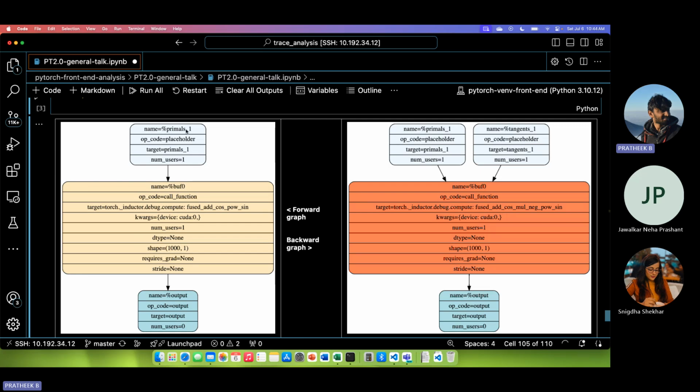Primals is the x. And the thing which we were having, sin x, cos x raised to the power of 2, and then addition and all, then getting the output: everything is reduced to a single node, and its name is fused add cos power sine. And for the backward graph also,